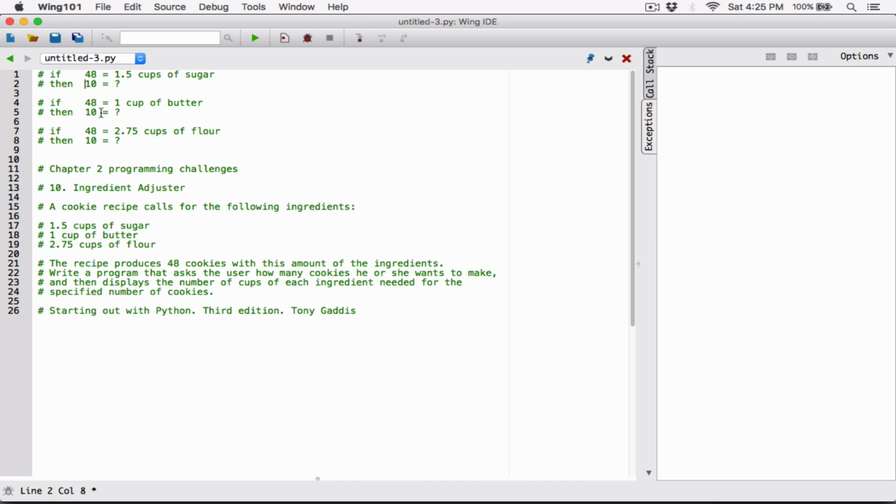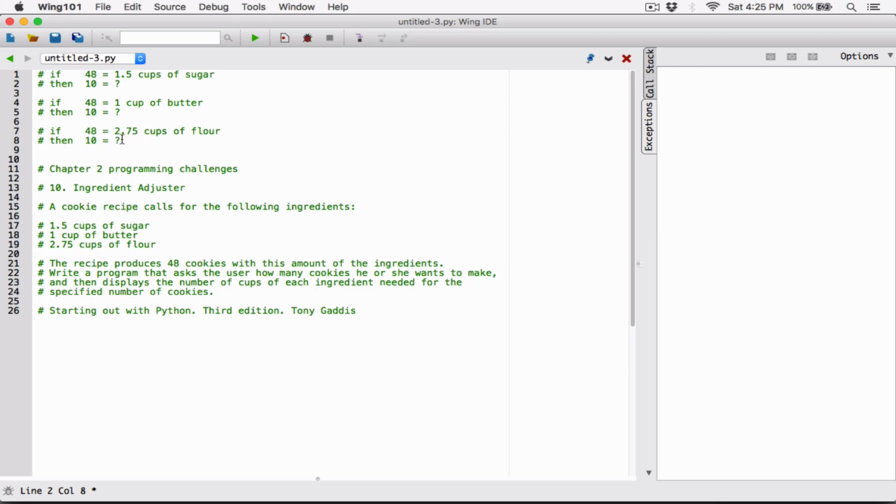So let me use the same idea for this. If 48 is equal to 1, then 10 is going to give us less. So if less, then more divides. And what I mean by more divides is 48 goes under 10. So it's going to be 10 divided by 48, and then we'll end up multiplying by what's on the right here, which is 1. So the same for this. 48 gives us